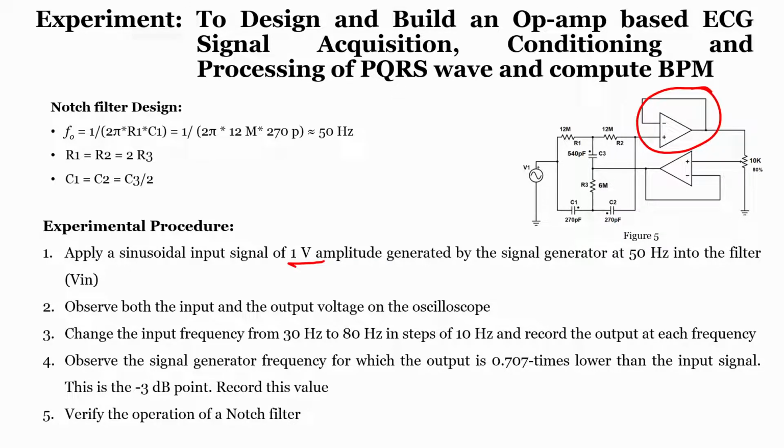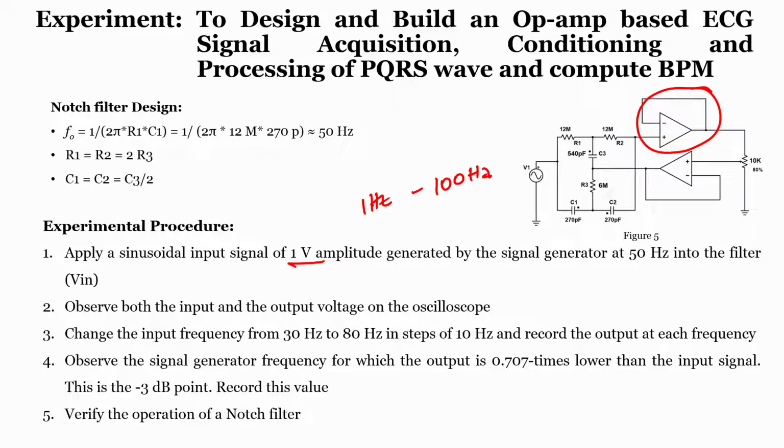When we change our input signal from 1 hertz to somewhere around 100 hertz, why do we not go below 1 hertz, and why do we not worry about more than 100 hertz? The reason is that this particular filtering stage comes after the high pass and low pass filtering, and we already know that the high pass cutoff frequency is close to 1 hertz, and the low pass cutoff frequency is somewhere around 100 hertz. The frequencies lower or higher than that are not in our interest, so we do not have to test our circuit in that range.